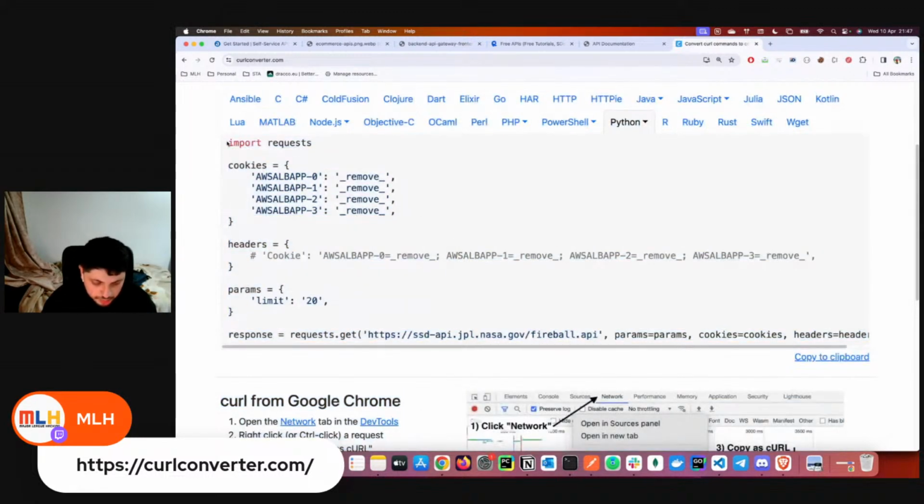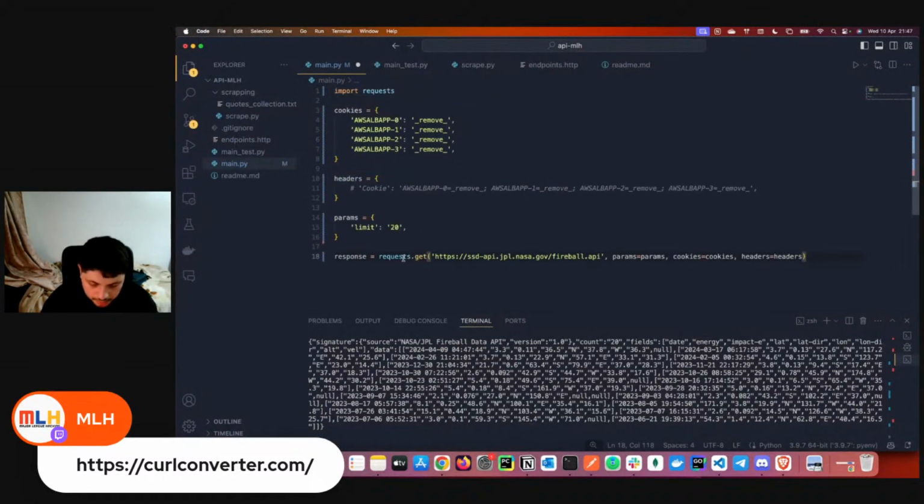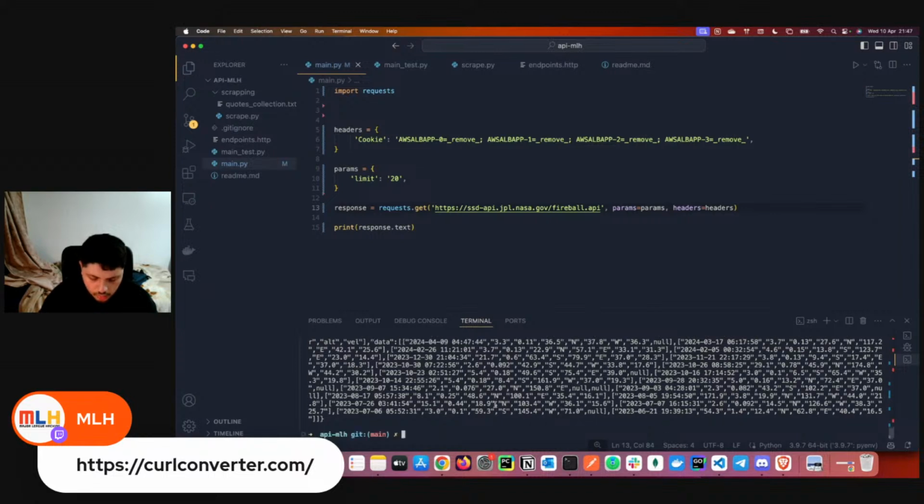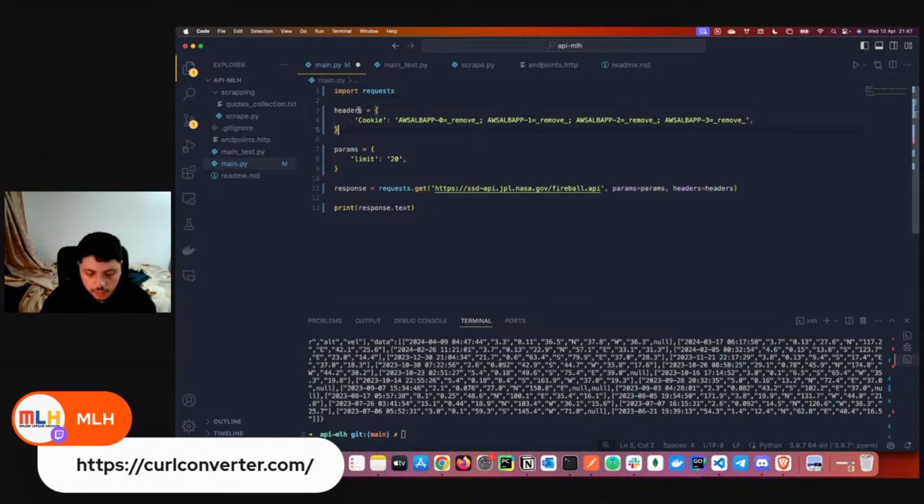Okay, so we can just copy this, and you'll see it's basically the same thing. Sorry for that. We can just copy this here, go here, and print response text. And instead of putting the cookies here, we can just uncomment this and delete the cookies. And if we run this, we should have the same response. Yeah, exactly. So you can choose where to put the cookies.